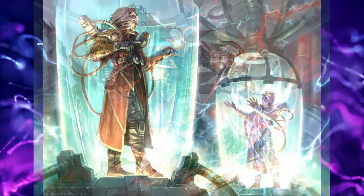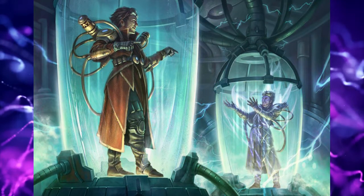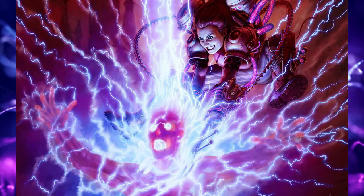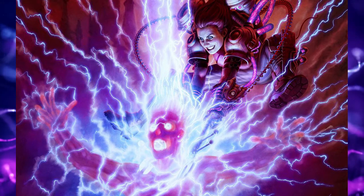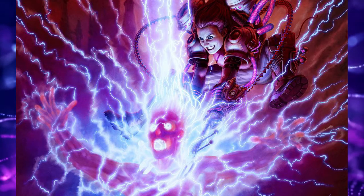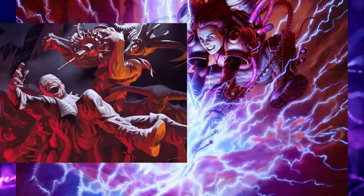Quasi-Duplicate has this guy looking at a clone of himself, and he doesn't care. He's just saying, hey, what's up, me? Now in Sure Strike, you see this woman attacking and electrocuting this guy in a very graphic way in the context of Magic cards. And she's just smiling with the biggest Joker-like grin you can think of. And I don't think any other guild, except maybe the Rakdos Guild, could pull off a smile like that in